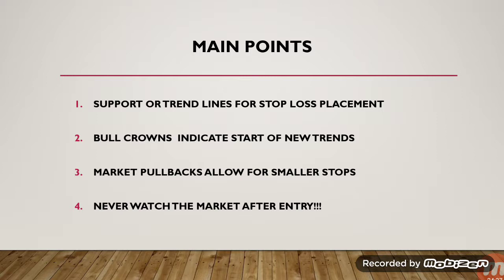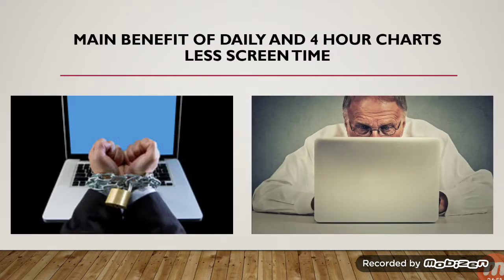And finally, and very importantly, as I alluded to earlier in the presentation, when we're trading the market, we should never monitor our trades as soon as we have entered a particular trade. You don't want to be a trader who is glued to the market, glued to your trading screen, and constantly watching every pip movement, because the reality of the currency market is that